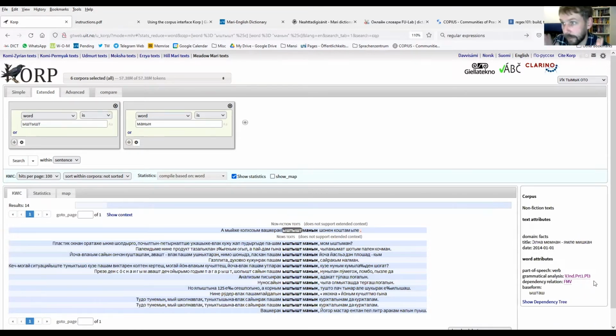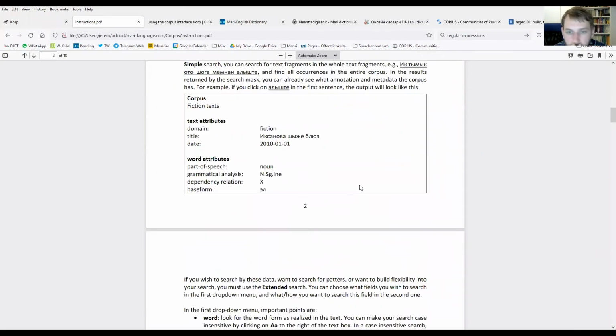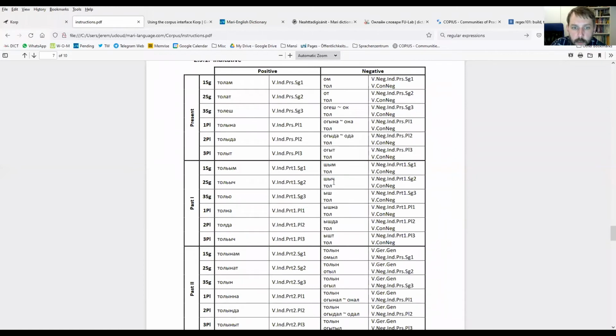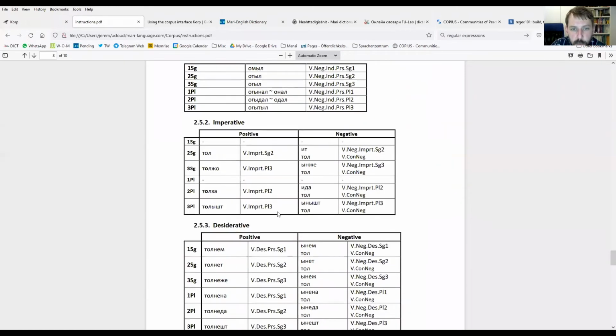So in theory, hopefully this question is going to be obsolete in future because we can just improve our rules. But here, when I was testing this with one specific occurrence and I saw that the corpus got it wrong, if I am researching this matter, I have to adjust my search query accordingly. So if I go back to my search query here, to my overview of tags, what is the tagging for the imperative third person plural? It is